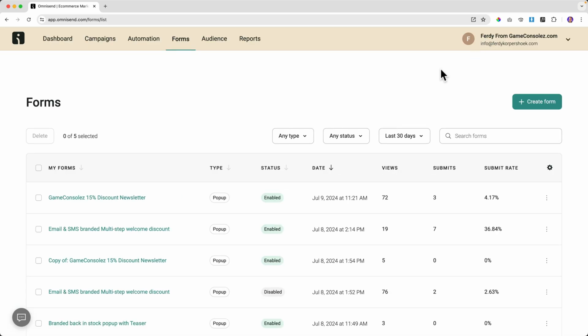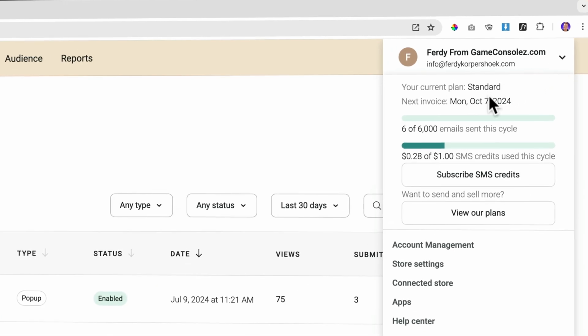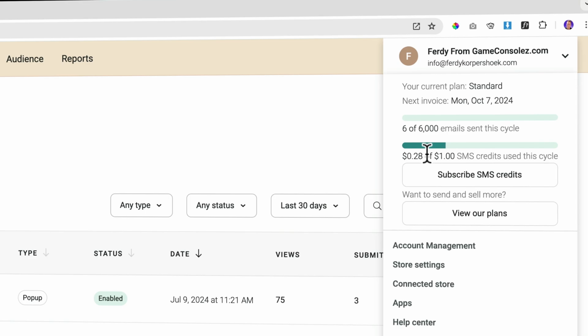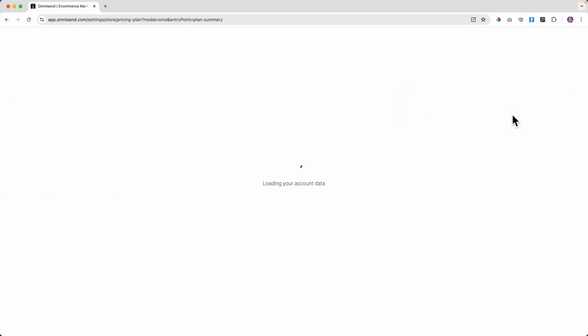So I close it. Right now, if I click over here, I see I can send 6,000 emails per cycle. I've already sent 6, all on autopilot. I can still make use of my $1 credit. And if I use this, then I get 60 one-time text messages that I can send. And if I want to have more, I can subscribe for SMS credits, still using the standard plan.